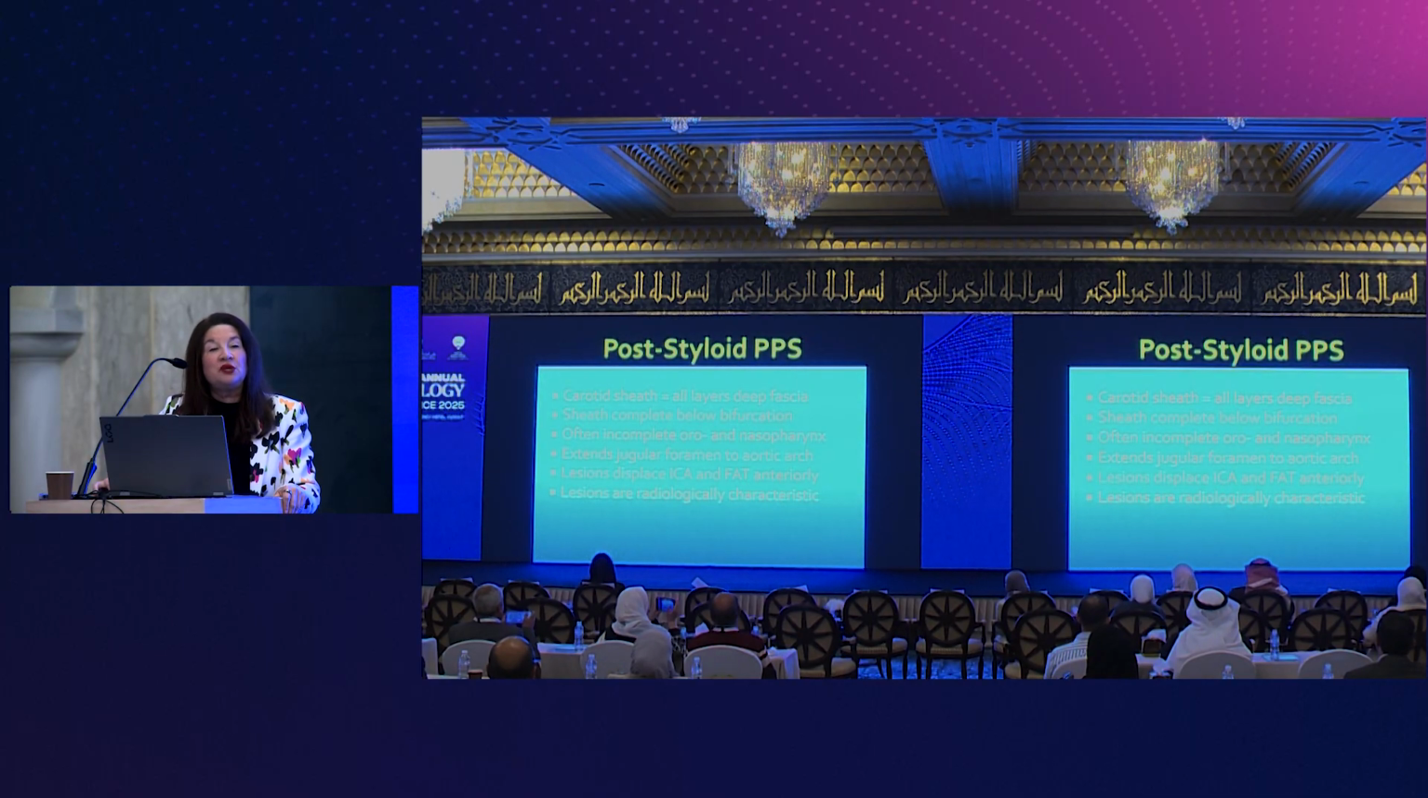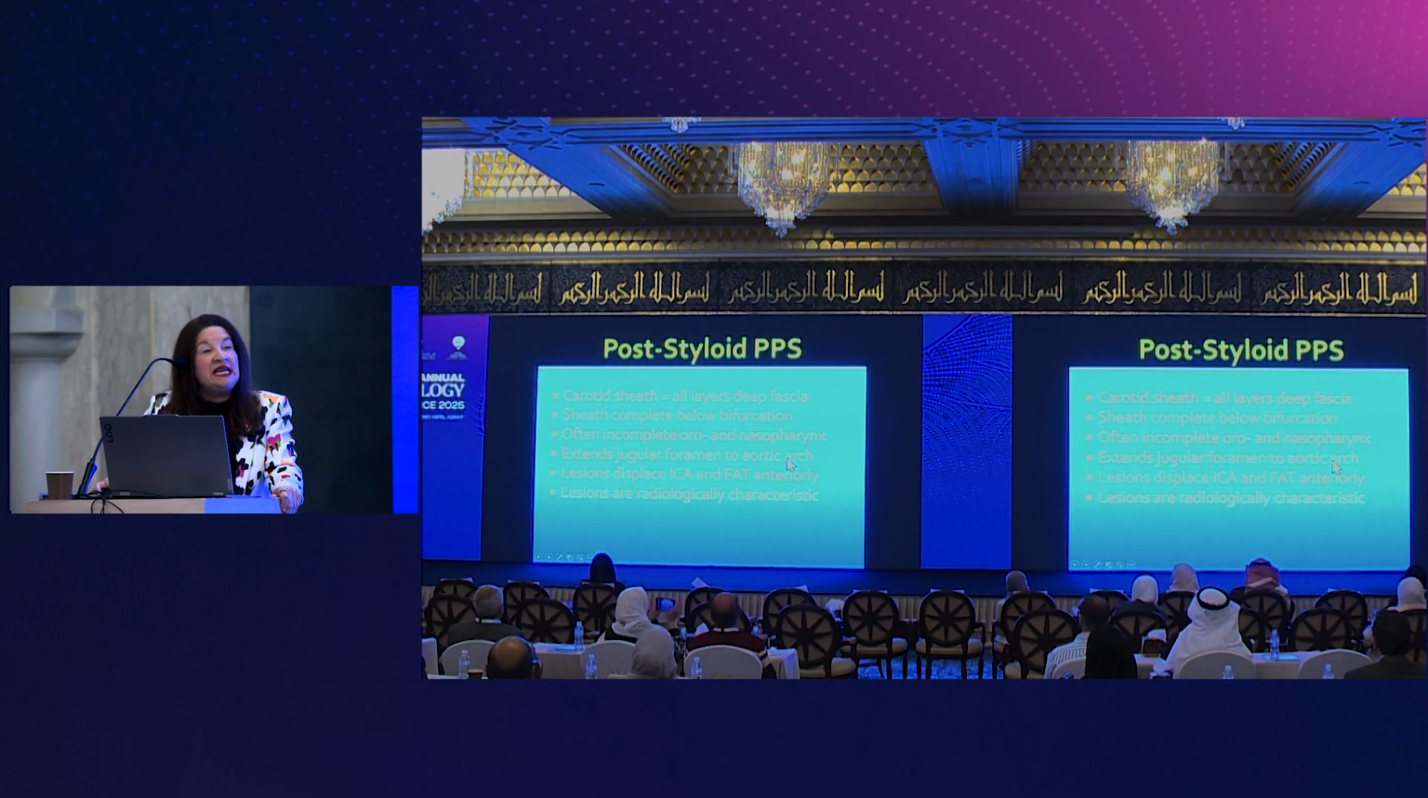Moving on to the post-styloid parapharyngeal space, or the carotid space, we have the carotid sheath. And the carotid sheath is made up of all layers of the deep cervical fascia. The sheath is complete below the carotid bifurcation in the neck. However, the sheath is often incomplete at the level of the oropharynx and the nasopharynx. It's important to remember that the carotid space extends from the jugular foramen all the way down to the aortic